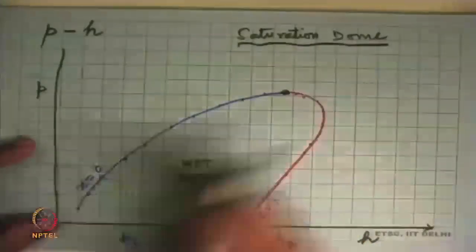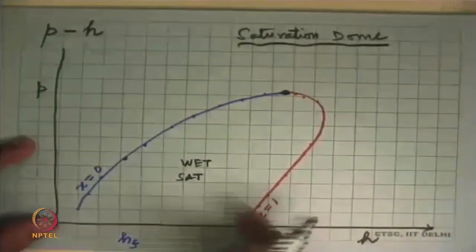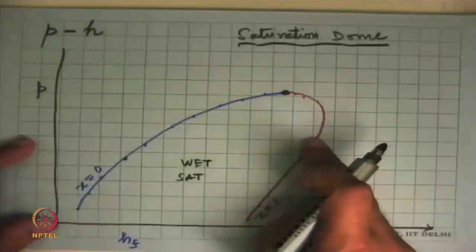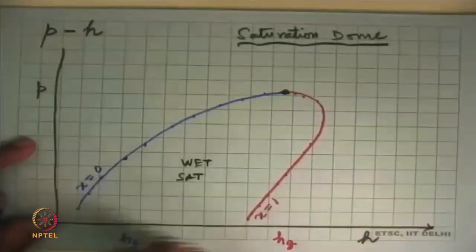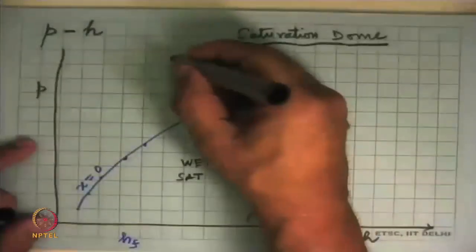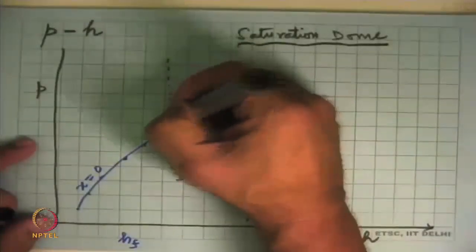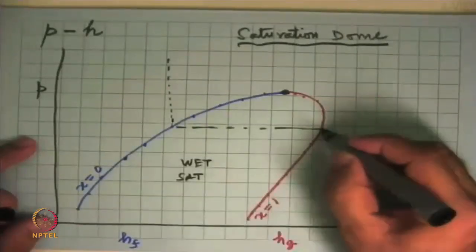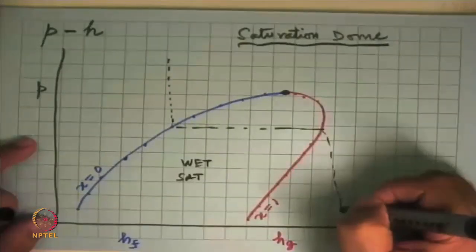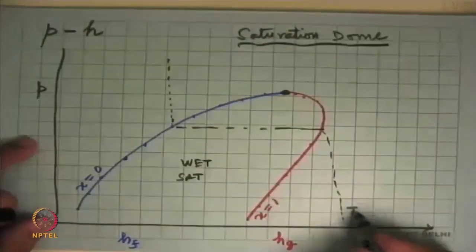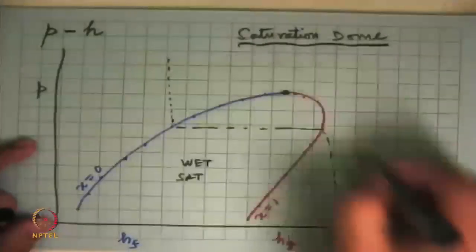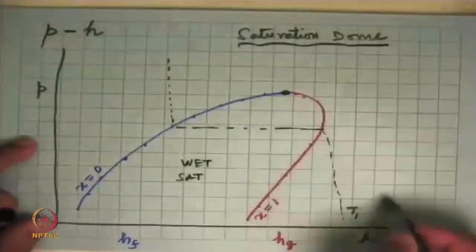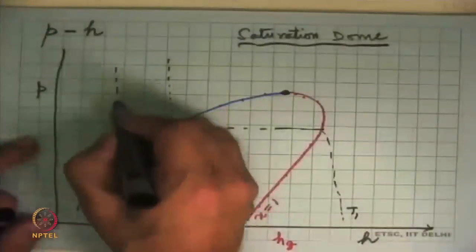X equal to 0 is here, X equal to 1 is there, and at constant pressure, if you keep heating it, you will go like that from X equal to 0 to X equal to 1. Constant temperature lines will go something like this, then they will continue like this, and then start going down there. So this is T1, and like that there will be a similar line T2, and then the critical isotherm will be a line T3. So this is what one sees.